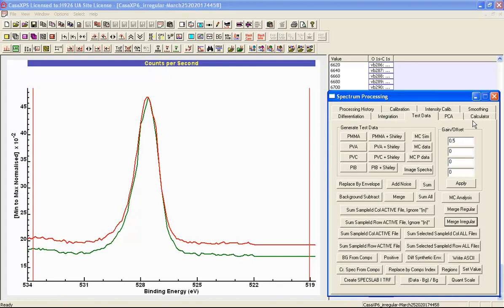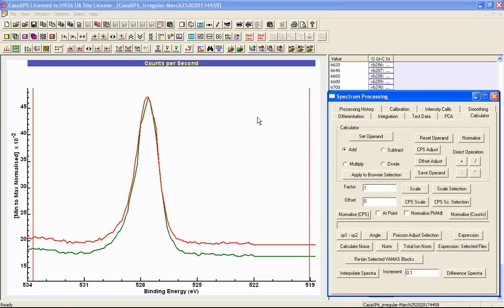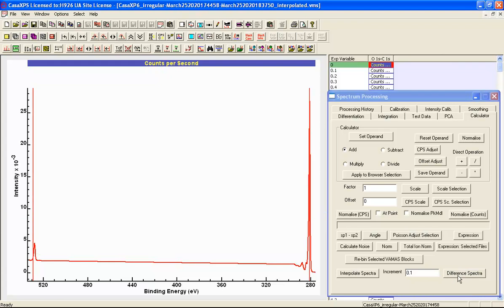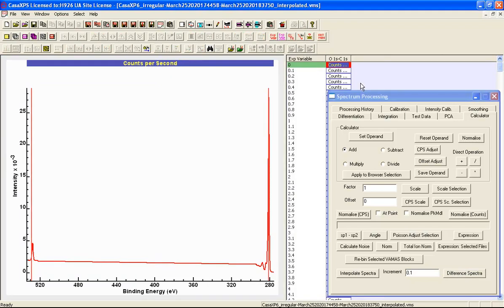So if we go to the calculator property page, we've got these two displayed in the active tile. We'll press the difference button with an increment of 0.1 to provide a fine increment between the change from one spectrum to the other as a set of different spectra. So here we have the different spectra, and